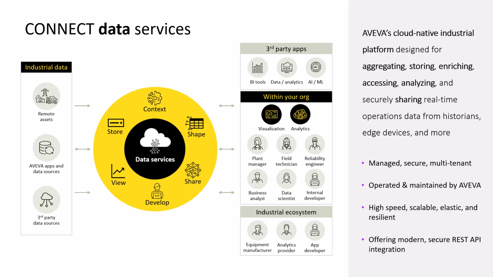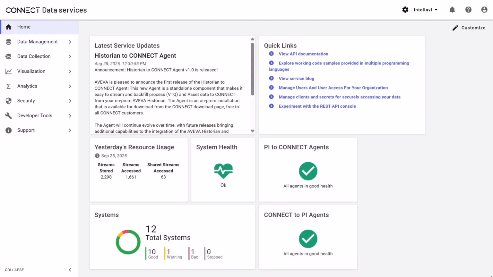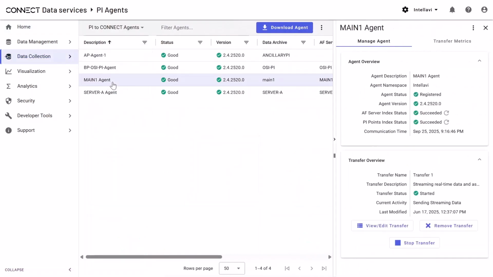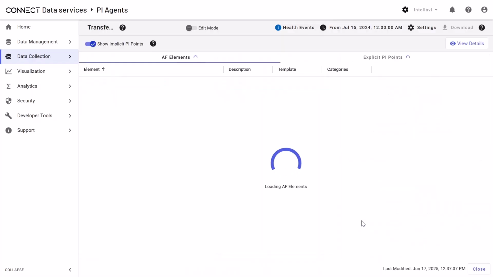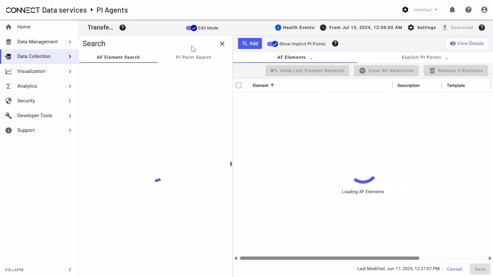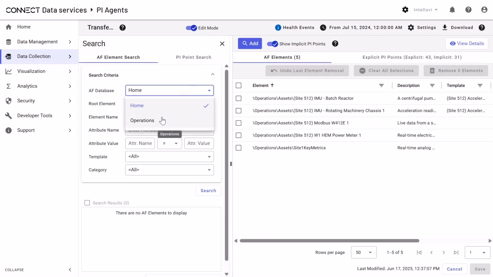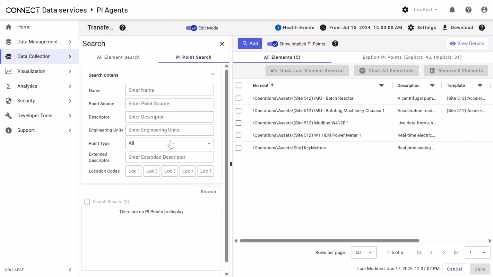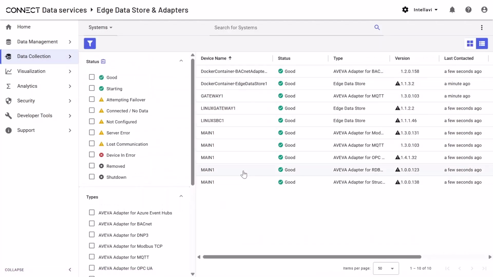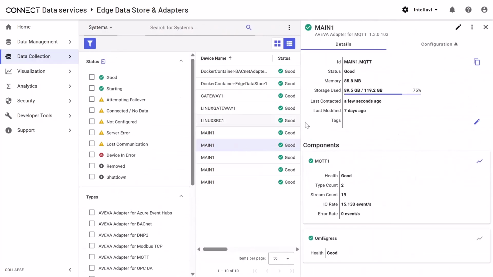Now let's look under the hood at Connect Data Services, the backbone of the Connect Industrial Cloud Platform. This is where raw industrial data is ingested, contextualized, and made usable across the enterprise. Here within the data collection pages, we're showing our many installations of Pi agents, Aviva adapters, and edge data stores. And in addition to native integration with Aviva Pi System, Aviva Historian, System Platform, and Aviva Manufacturing Execution System, Data Services also comes bundled with a set of software adapters that support protocol-agnostic ingestion, OPC UA, MQTT, Modbus, and more,